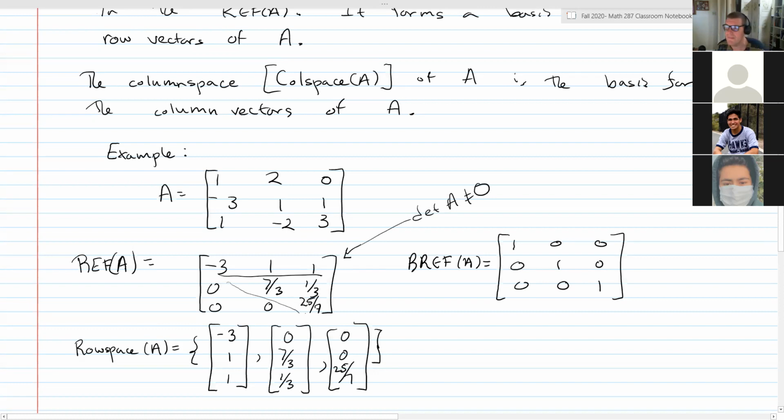Well, this is in upper triangular form, okay? And in upper triangular form, the determinant is equal to the multiplication of the diagonal, right? So there's no way that when we take the determinant of A, we're going to end up at 0. That's just the case. In addition, if you think about row reduction, if we went in and row reduced REF of A, then what we'd end up with is